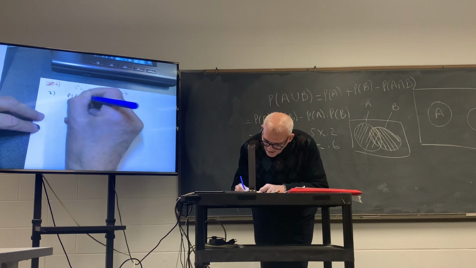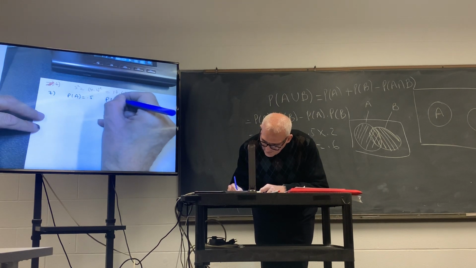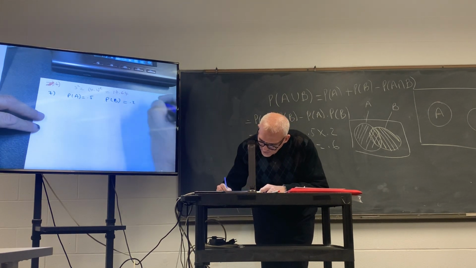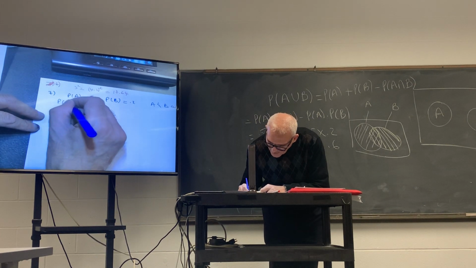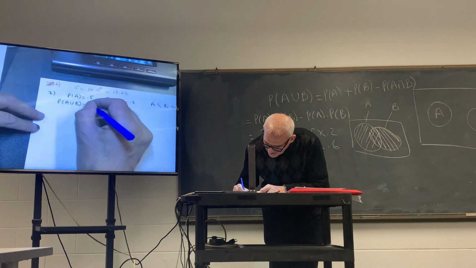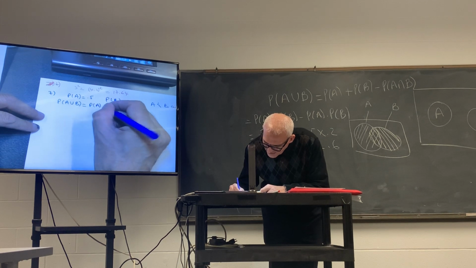Probability of A equals 0.5. Probability of B equals 0.2. A and B are independent. This is a key word here. So when I say the probability of A or B, which generally is the probability of A plus the probability